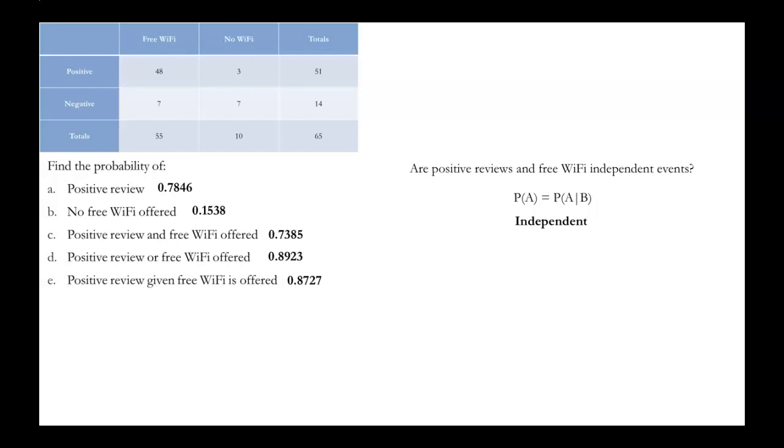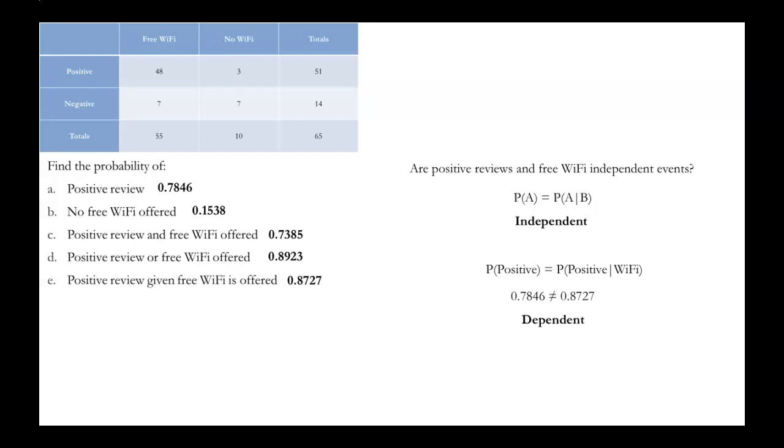So, in our case, we have to consider, does the probability of a positive review equal the probability of a positive review given free Wi-Fi? So we found over in part A, the probability of a positive review equals 0.7846. The probability of a positive review given free Wi-Fi is offered is 0.8727. So they don't equal, which means they are dependent,